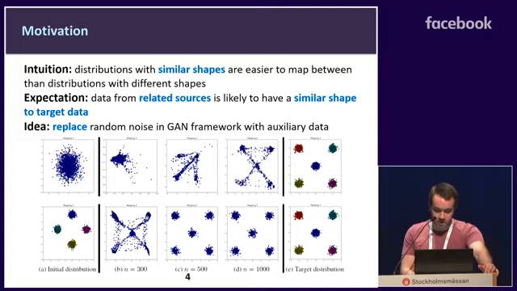And we conduct another experiment in which now we're looking at translating from a single-mode Gaussian to a five-modal Gaussian and a four-modal Gaussian to a five-modal Gaussian. And as we go across from left to right, we increase the number of samples we have of the target data. And you can see that as the number of samples increases, it's easier sooner, if you like, to map from 4 modes to 5 modes than it is from 1 mode to 5 modes. And this is sort of the intuition behind what we're trying to do: if we use the auxiliary hospital or the auxiliary data to map into the target data, it's going to be easier than if we just tried to generate extra samples using random noise.